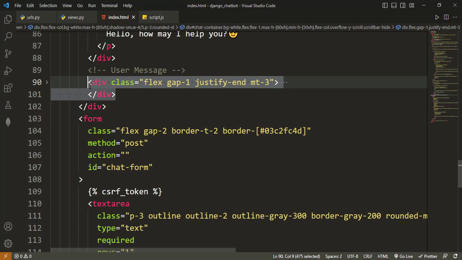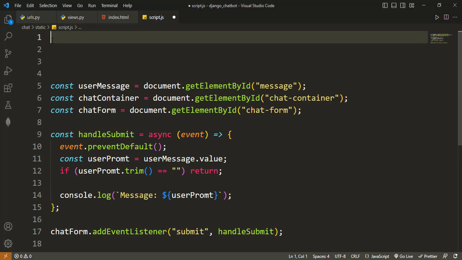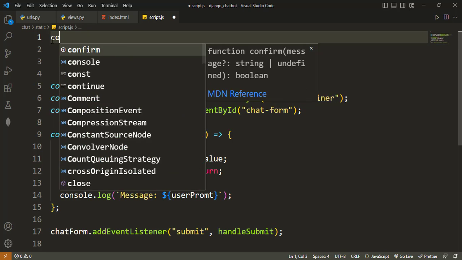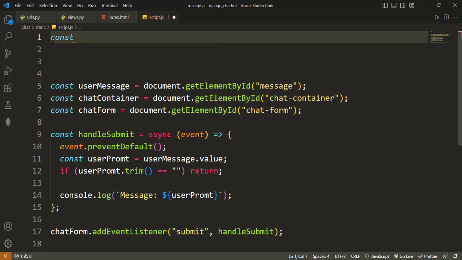Then inside our JavaScript file at the top, let's type const, and this one will be userChatDiv, and we'll set that one,